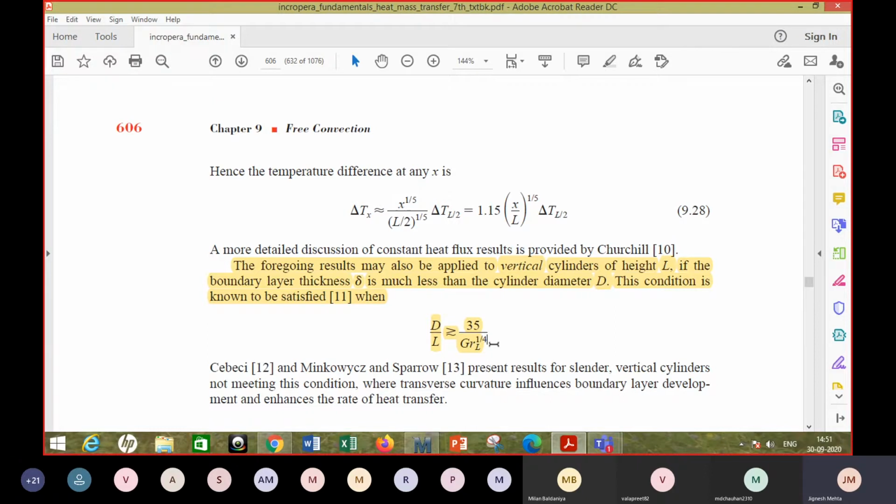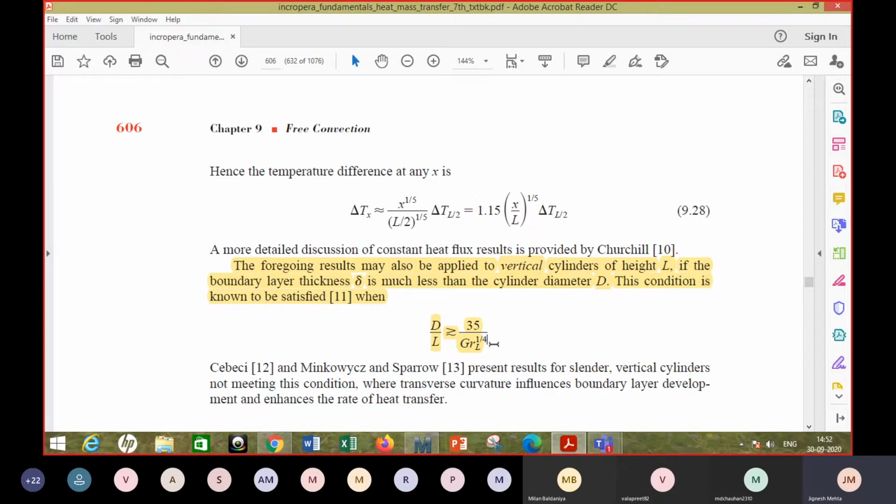So in that case, for the vertical cylinder, you are going to take some readings and get the heat transfer rate. Basically, the heat transfer rate should be equal to the amount of electrical power that you supply, right? Because when it is in steady state, whatever storage had to happen has already happened. So whatever is the incoming energy is dissipated in the form of heat there. So you can get the total heat transfer rate.